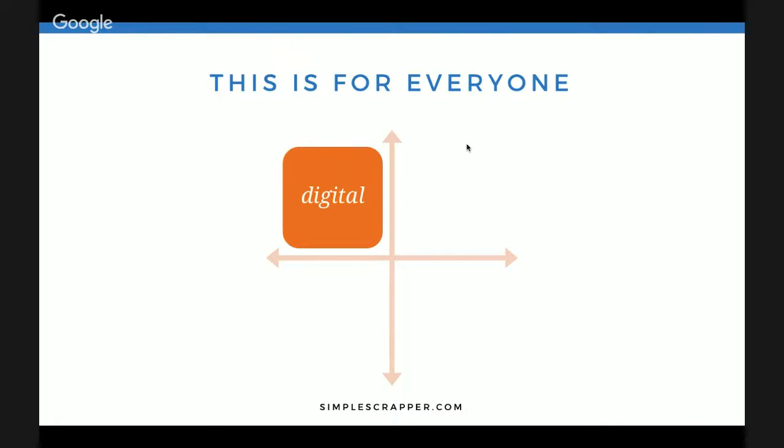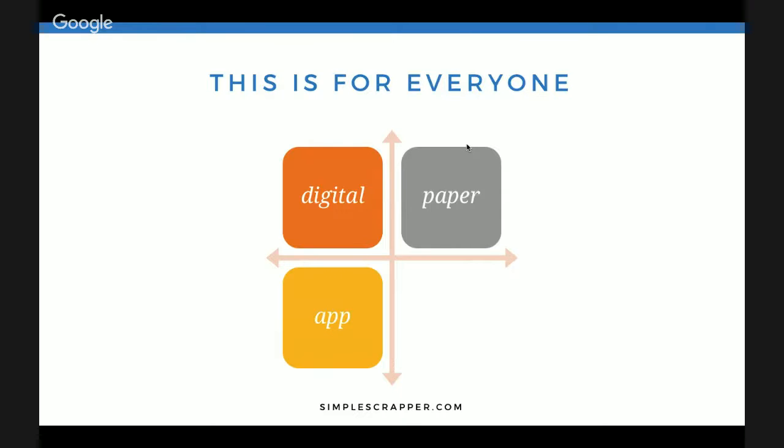And so this training is for everyone, whether you're a digital scrapbooker or a paper scrapbooker, and whether you do planning with an app or another electronic device, or you actually use a paper planner. And I'll show you in a little bit how this all fits together. So before you assume that because Jennifer's a paper scrapbooker or Jennifer uses this app for that or this planner for that, that you've opted out of what I'm teaching here, it's really an all-encompassing approach that can even be used for other aspects of your life as well.